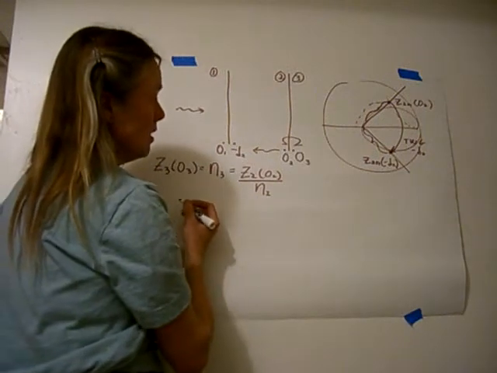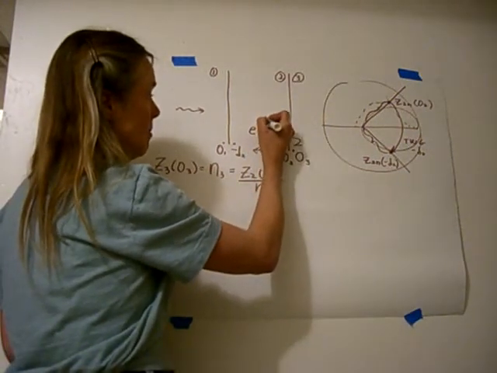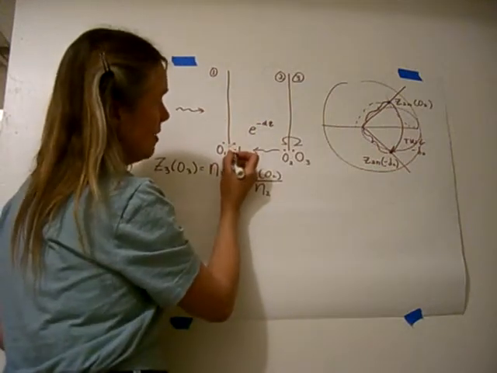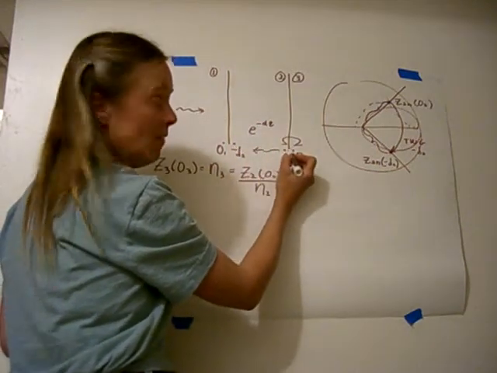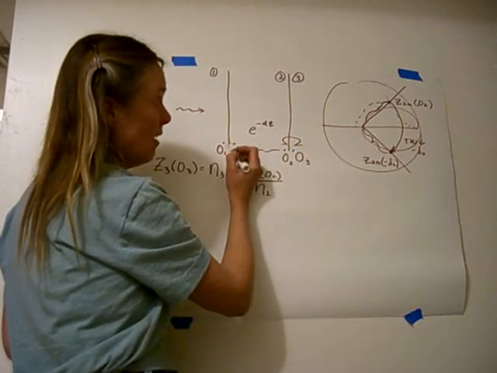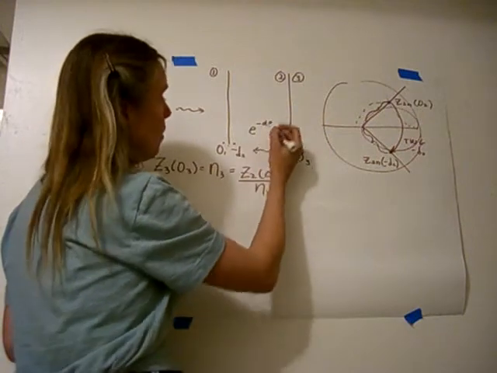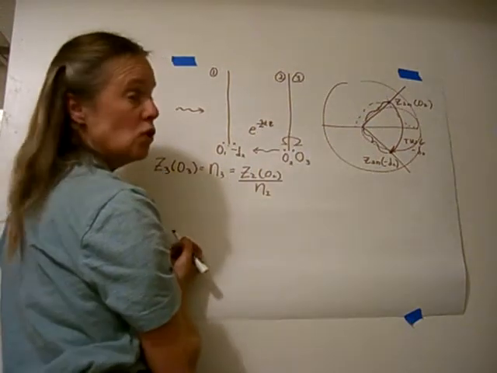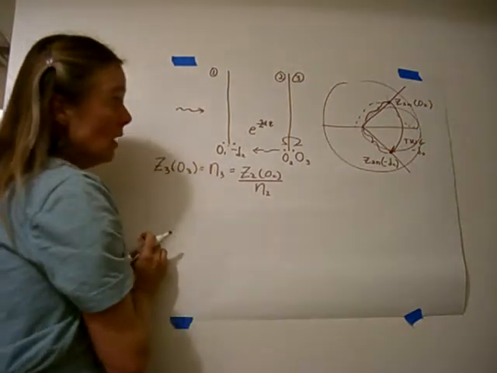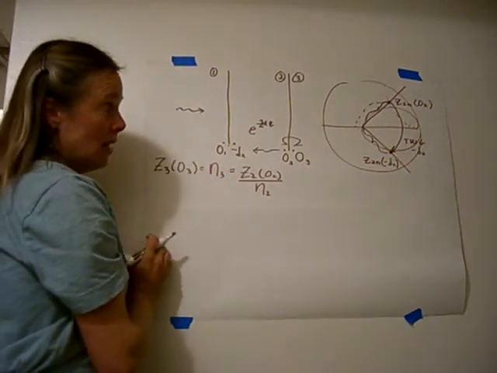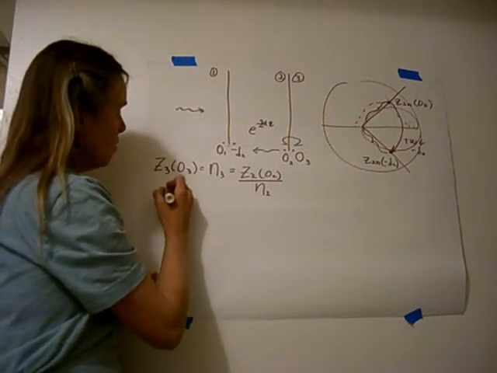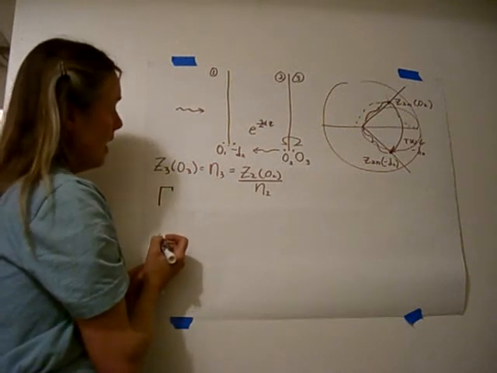The next thing that we need to do is accommodate the e to the minus alpha z in this problem. E to the minus alpha z represents how much loss we have as we go from left to right, but not only do we go from left to right, we also go from right to left. So we have e to the minus alpha z twice, so this is an e to the minus 2 alpha z term. What does this change? It certainly changes the impedance that we see. It also changes the reflection coefficient. And the reflection coefficient is the easiest thing for us to analyze.